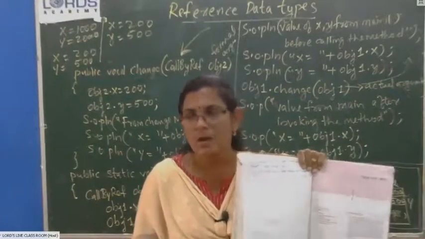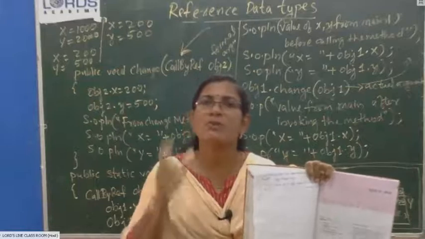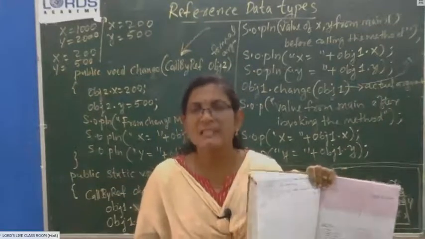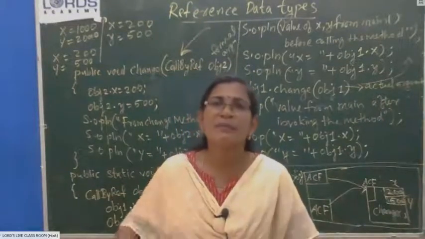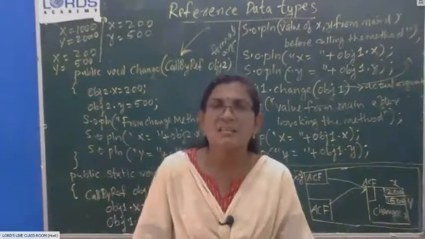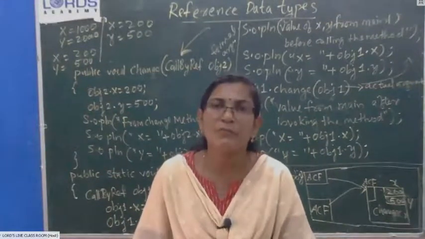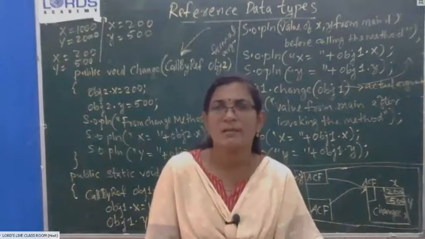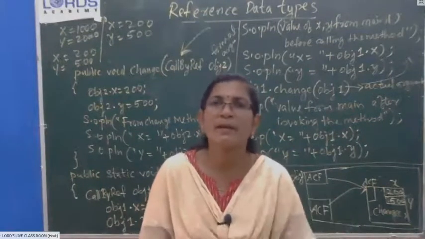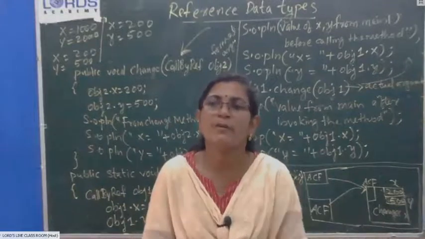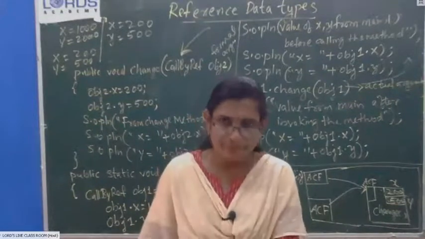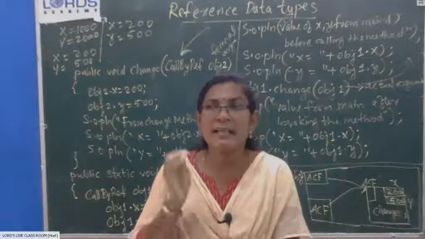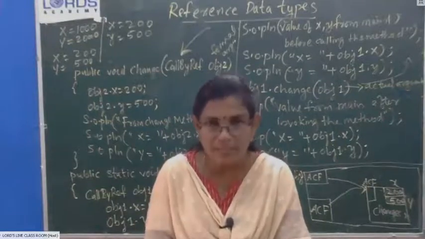Call by value method is used only for primitive data types. Whenever you want to pass a reference data type to a function, Java uses the call by reference method. The address of the object will be given to the function, not the real object. Not a duplicate copy of the object will be given to the function. Java will not create a duplicate copy of the object.